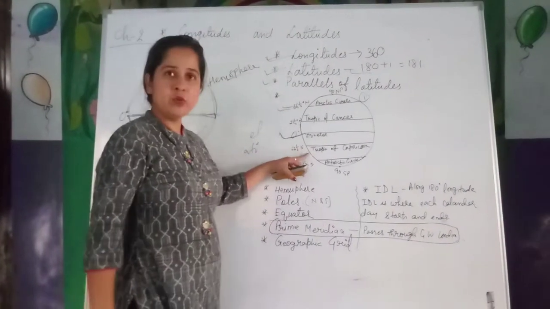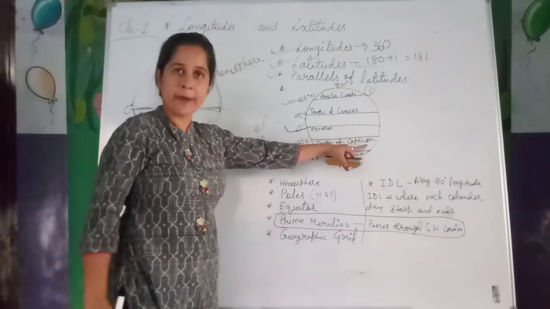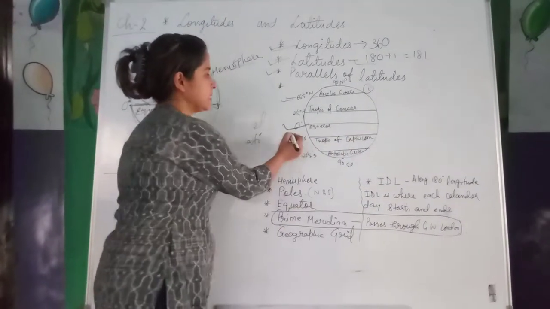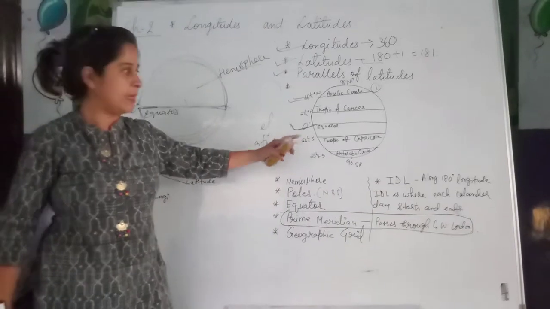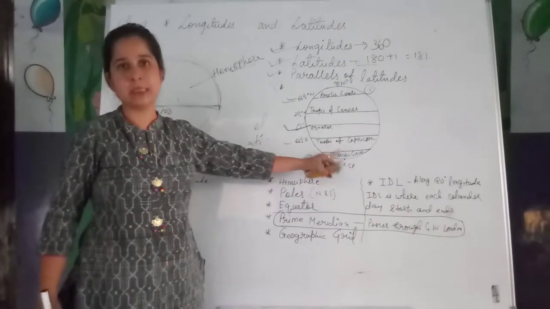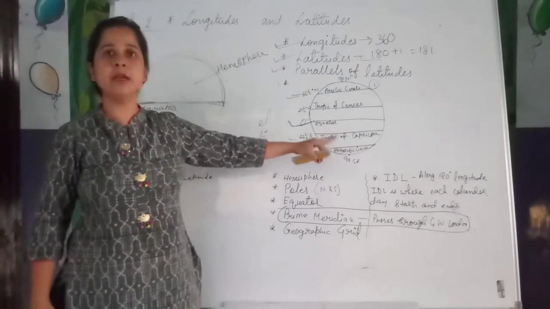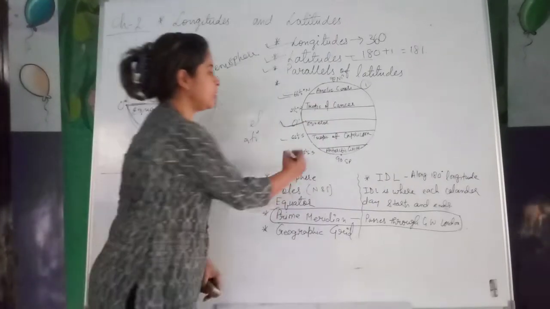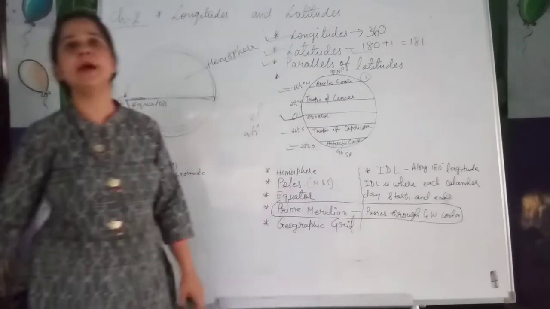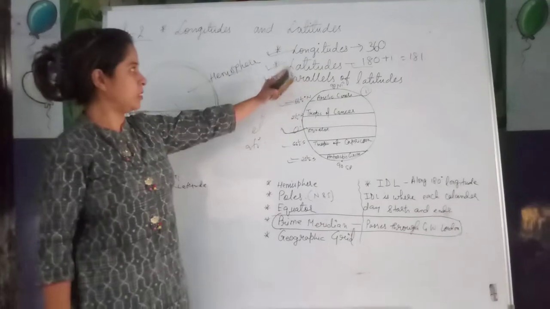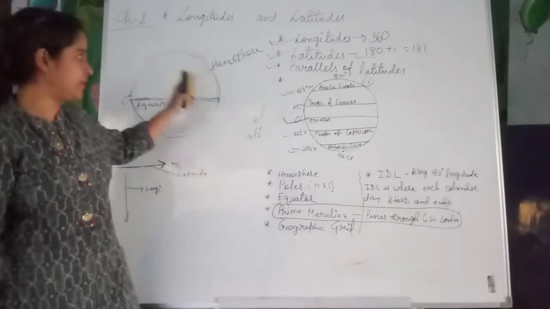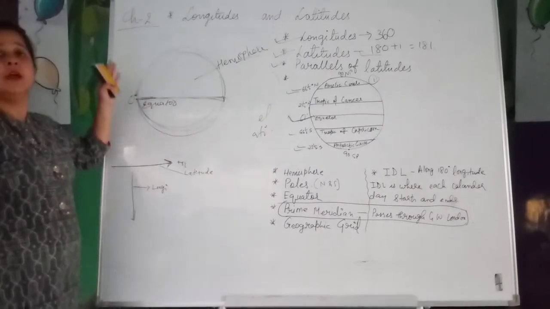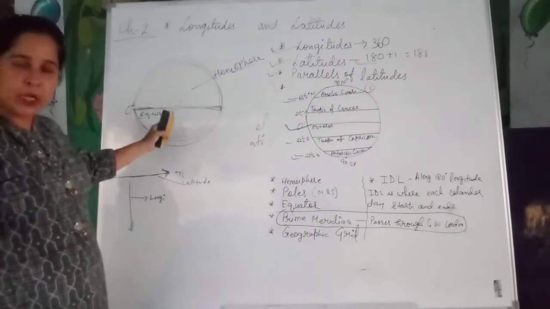The next important latitude is the Tropic of Capricorn, with a value of 66 and a half degrees south. And the last one is the Antarctic Circle, the last important line of latitude, with a value of 23 and a half degrees south. So this topic we have cleared. Now let's come to the hemisphere which I have discussed here. A hemisphere is the part divided by the equator.